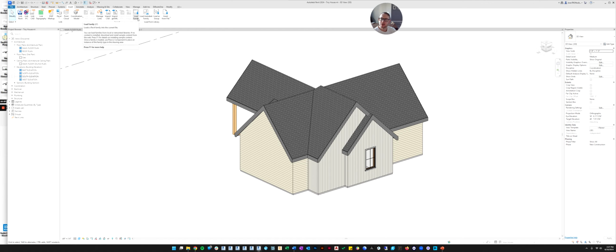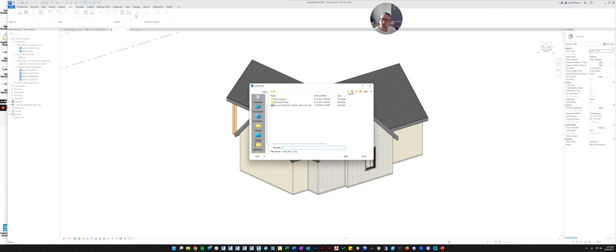There's one command, and what this does is you click it and you have to have the file already on your computer. And if you remember when we talked about file types, a family is a .rfa file. So you'd have to have a .rfa file already downloaded on your computer from somewhere, or one that you've built yourself and saved. Then you could load it in.